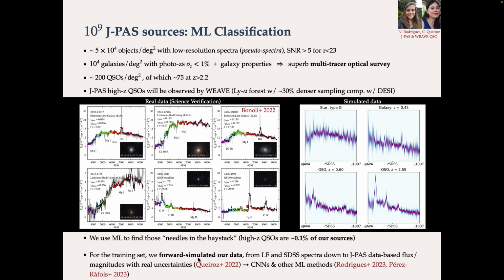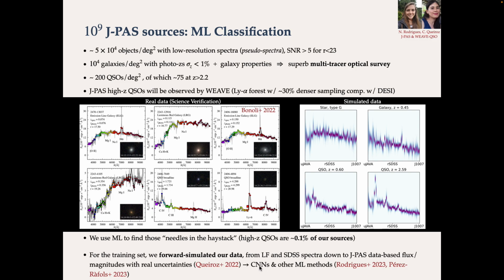So we forward simulated the JPass data all the way from luminosity functions and SDSS spectra down to JPass fluxes and magnitudes using real uncertainties that were collected in the 1 degree mini JPass survey. This is described in Queiroz et al. 2022 paper. And then on the basis of that, we then use convolutional neural networks as well as other